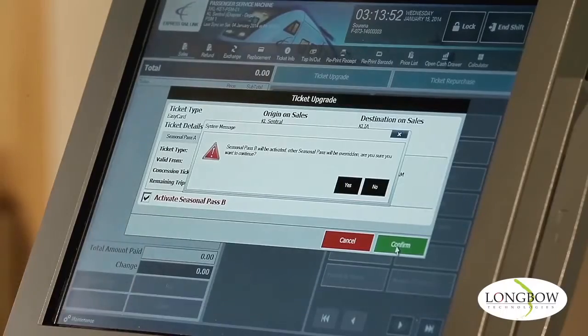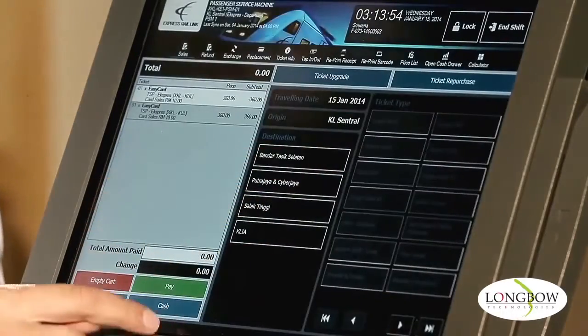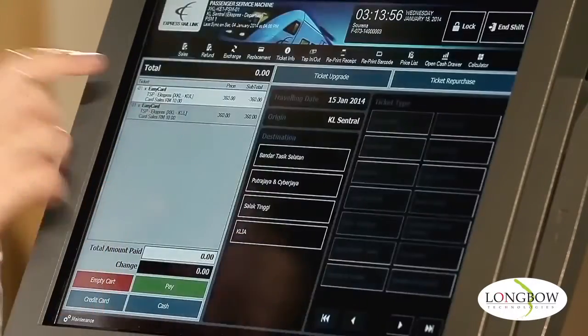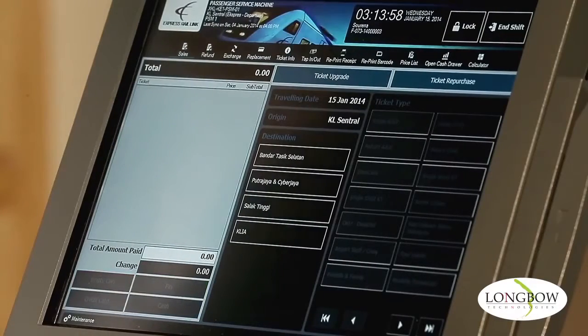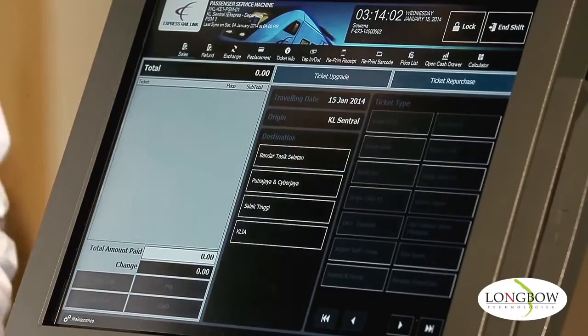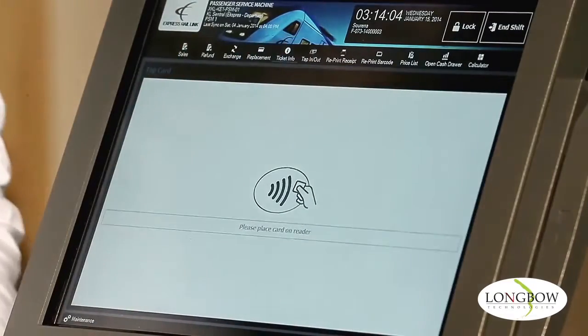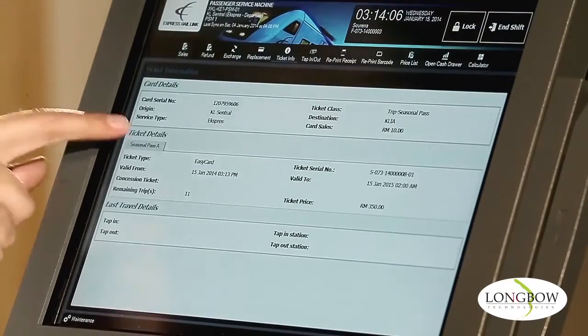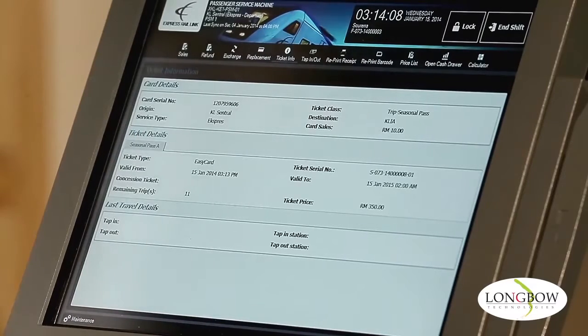How does this work? If I press yes, this is a zero cash payment. It's only the process you need to go through. I remove the card, I go to the ticket info. As you can see, there is only one Seasonal Pass A now, with 11 trips inside it,